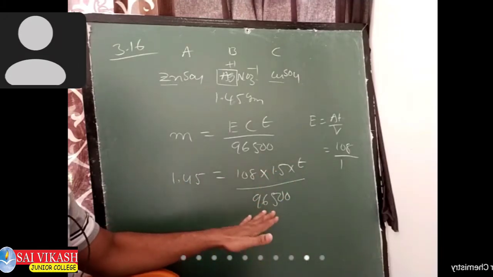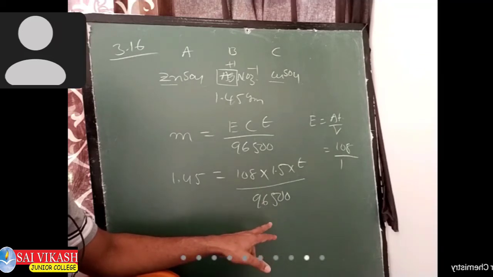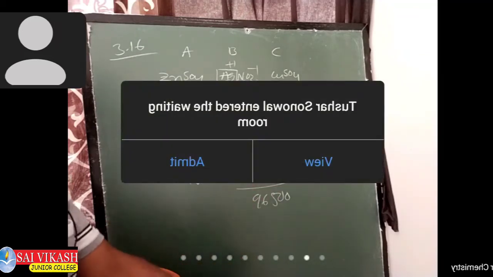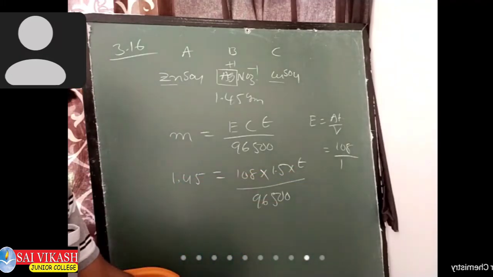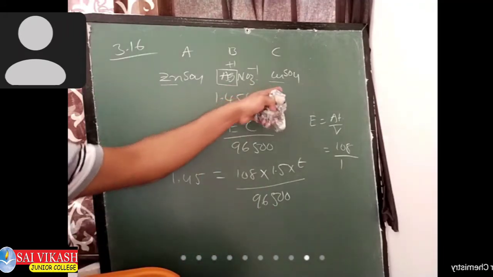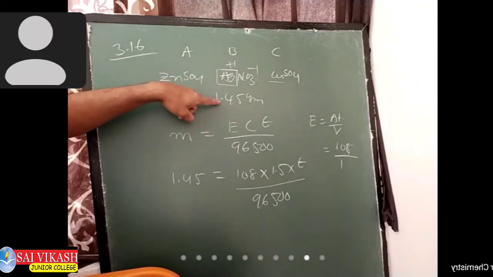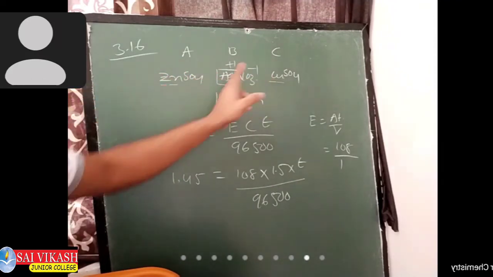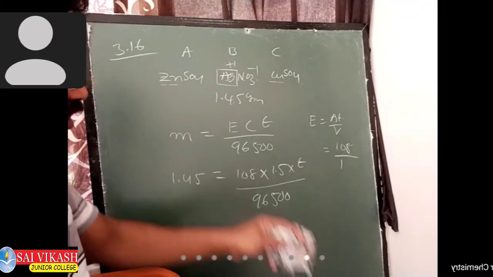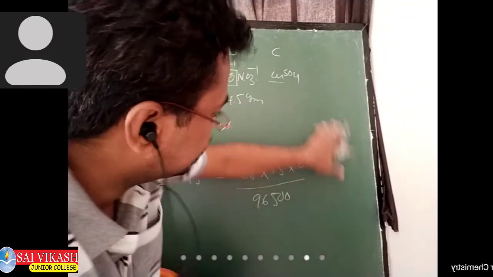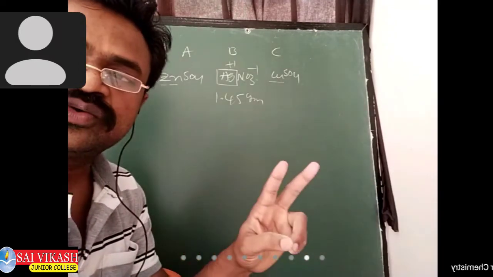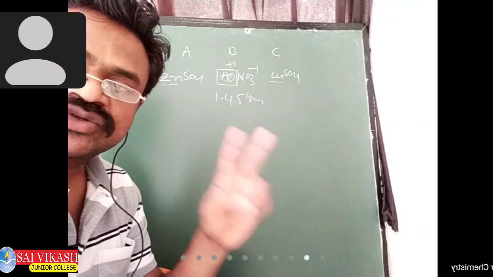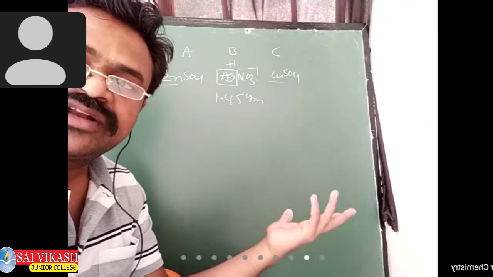So will you do it? Yes, just you simplify it, you will get the time of the flow of the current. And there is one more question also there. What mass of the zinc and copper? See, when we know the mass of the silver, mass of zinc and copper you can find out. How, tell me? By using Faraday's second law. So, according to Faraday's second law, the mass ratio of the two substances or two elements is equal to their equivalent mass ratio.